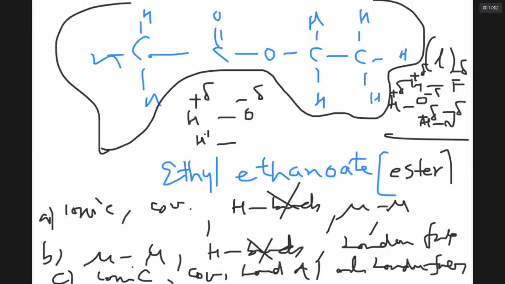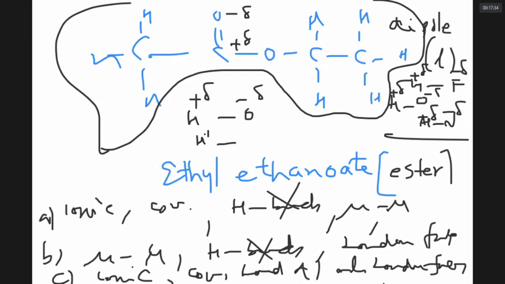Notice the oxygen being more electronegative than carbon can have a little minus charge. Carbon can have a little plus charge because it has two opposite poles, positive pole, negative pole, due to slight charge separation. It is called a dipole. Di means two, pole means positive and negative pole. This molecule has a dipole, so the C plus delta of this molecule and O minus delta of its neighboring molecule can fall in love.